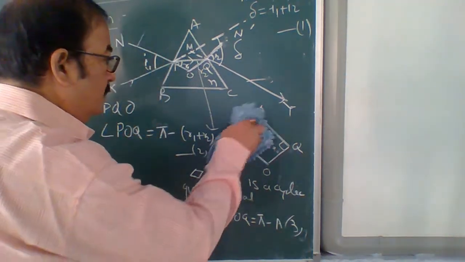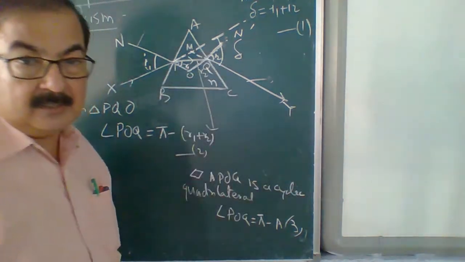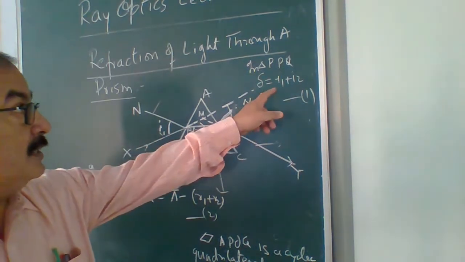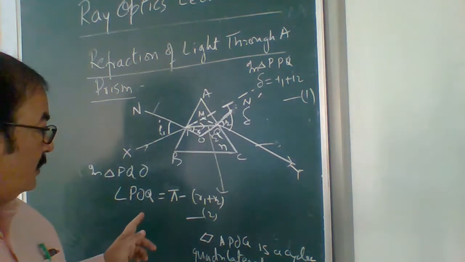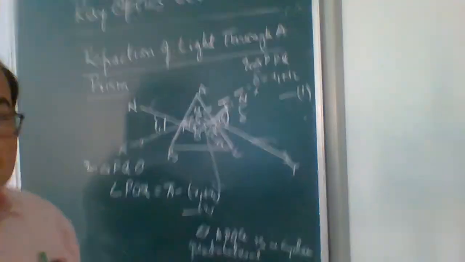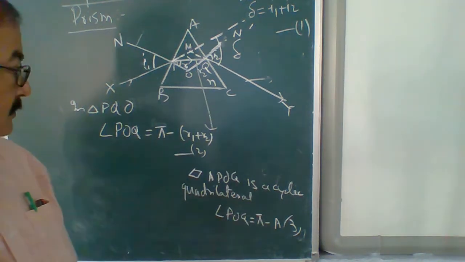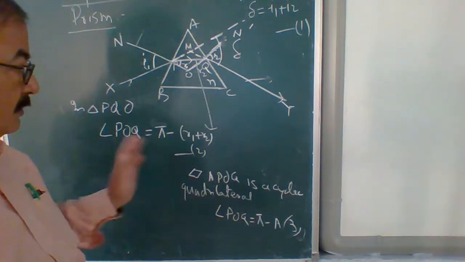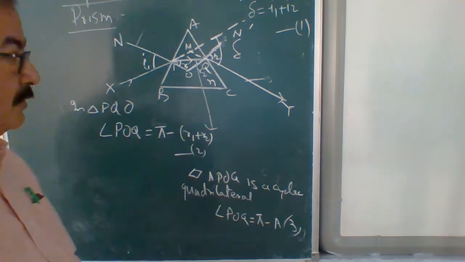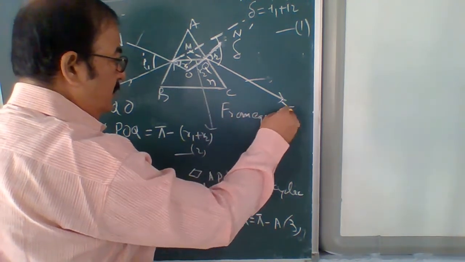Now we can even remove this diagram. ये तीन अलग अलग इसी का छोटे छोटे पार्ट्स लेके उसको एनलार्ज करके हमने तीन इक्वेशन निकाला. फर्स्ट इक्वेशन इज इक्वेशन नंबर 1, डेल्टा इक्वल टू I1 प्लस I2. सेकेंड इक्वेशन, POQ equal to this much, and third one is POQ equal to pi minus this. Both are equal, and from equations 2 and 3,